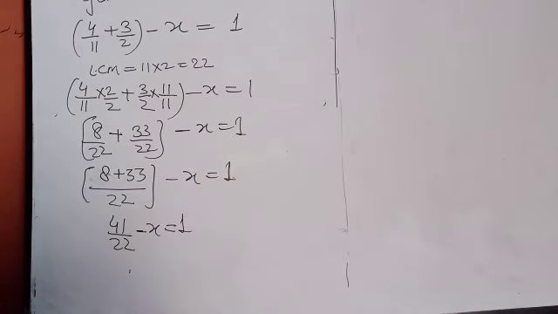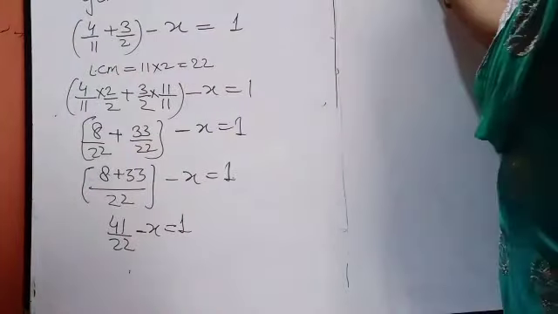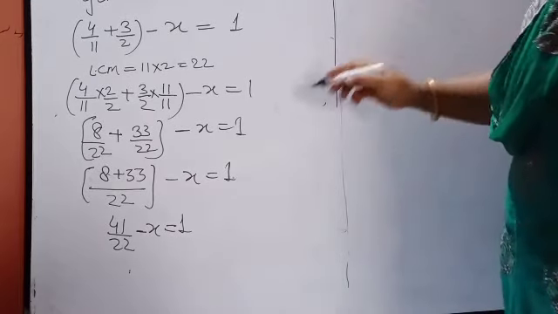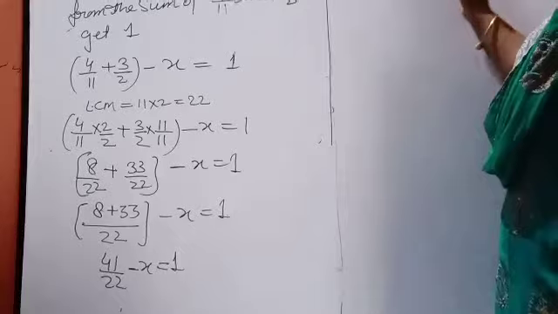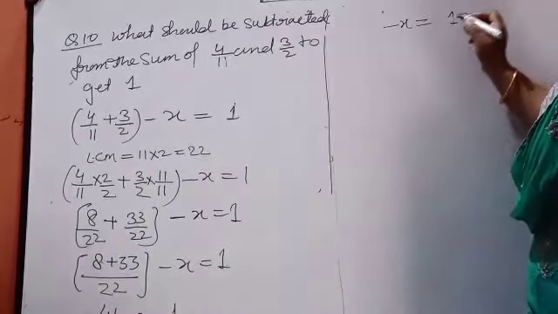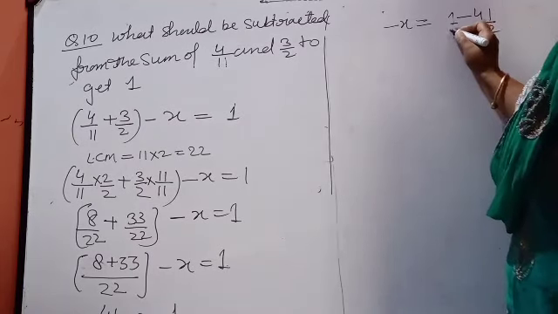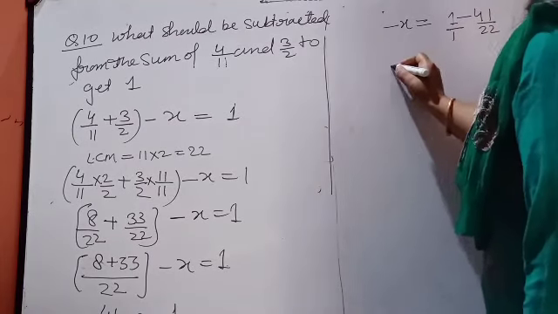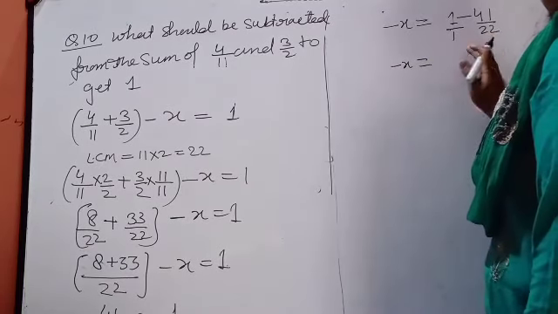Now what will you do, beta? Keep this minus x on the left hand side and shift 41 upon 22, which is a plus. When we bring it to the right hand side, what will it become? Minus 41 upon 22. Okay. Now put 1 here. Again, minus x is equal to...